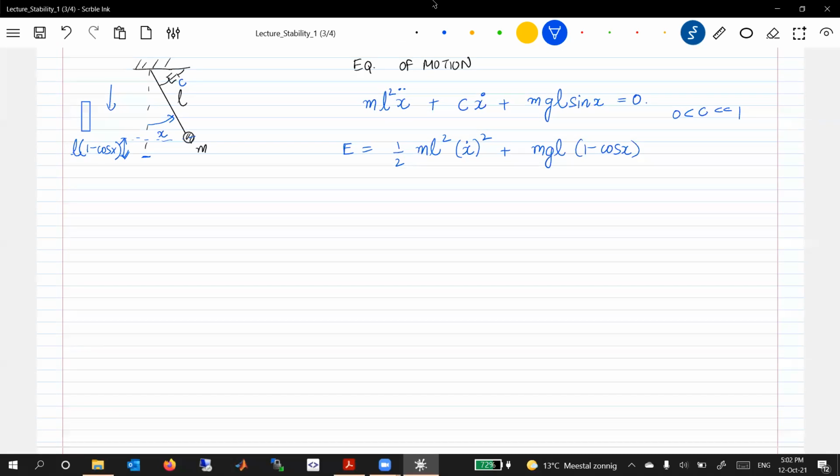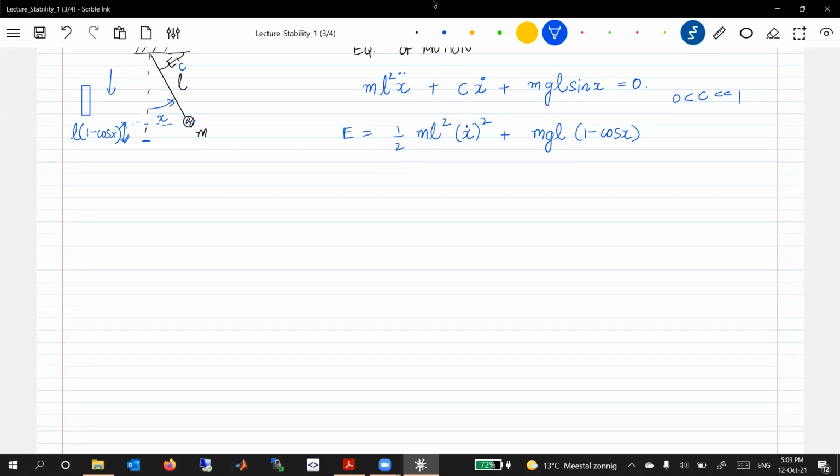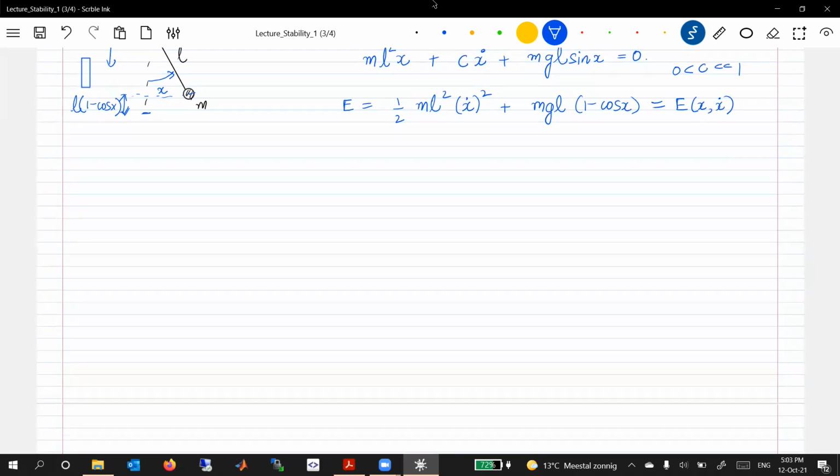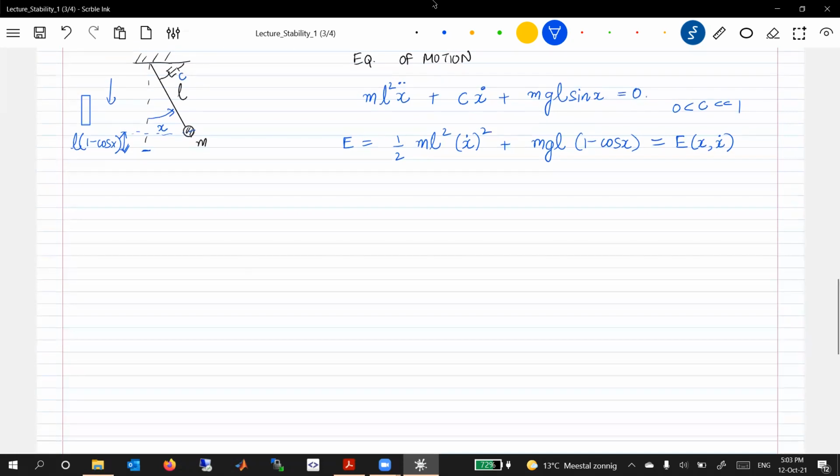So again, energy is still this much, and the energy, of course, is not conserved. We can still define the energy in this system. Due to damping, it is not conserved. The energy itself is a function of position as well as velocity, kinetic energy plus potential energy. Let's call it E of x and x dot. So energy is not conserved along the trajectories of the dynamical system, which means if we find out the derivative of energy, dE/dt,